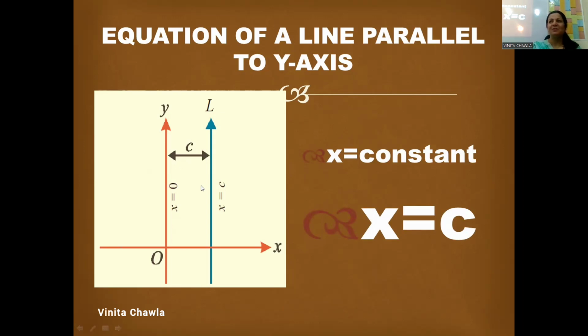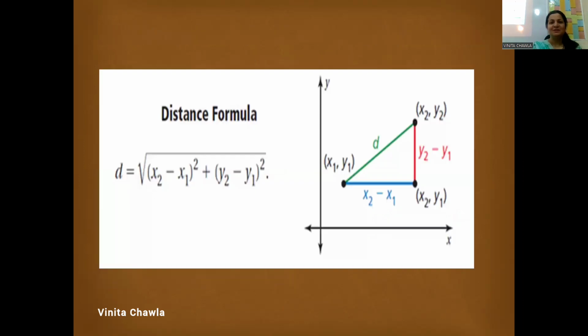You have already read about these things in lower classes. Now we have the distance formula. You have done the distance formula in class 10, right? So if you have 2 points A, these 2 points, the coordinates of this point is x1, y1, and coordinates of this point is x2, y2, then